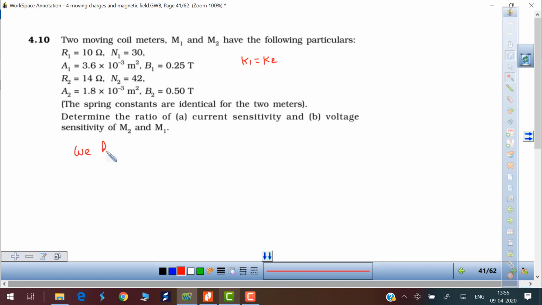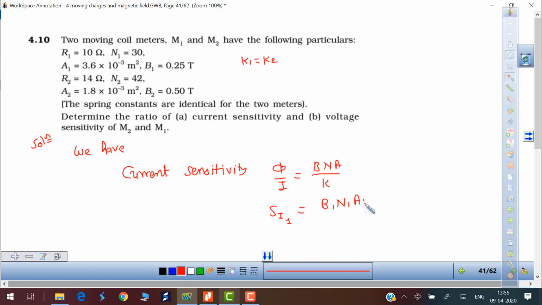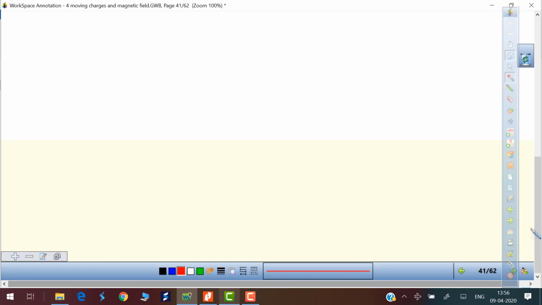So we have current sensitivity. Current sensitivity, phi upon I, is equal to B N A upon K. So the current sensitivity for meter 1 is SI1 equal to B1 N1 A1 upon K1, and for meter 2, SI2 is equal to B2 N2 A2 upon K2. Determine the ratio, therefore SI1 upon